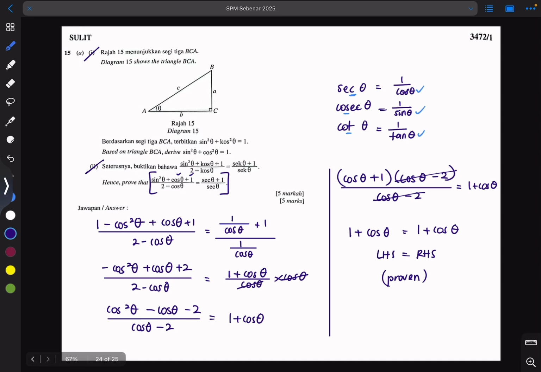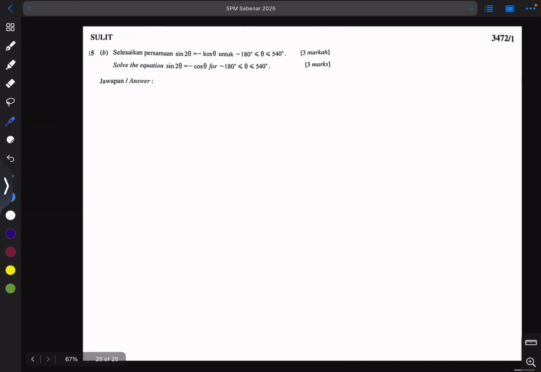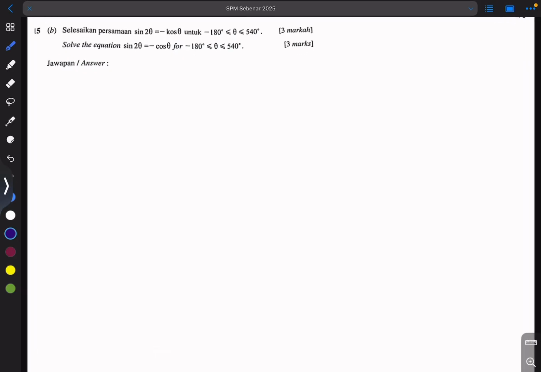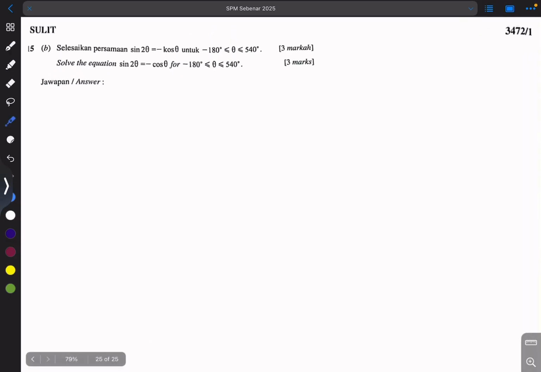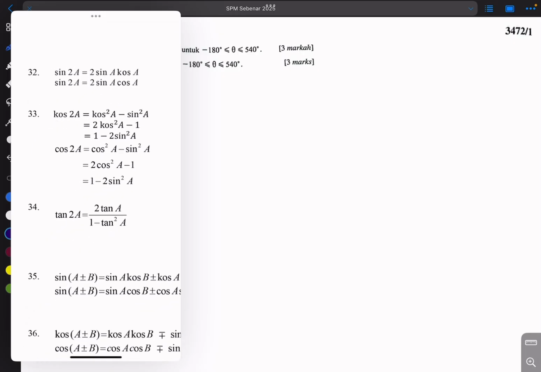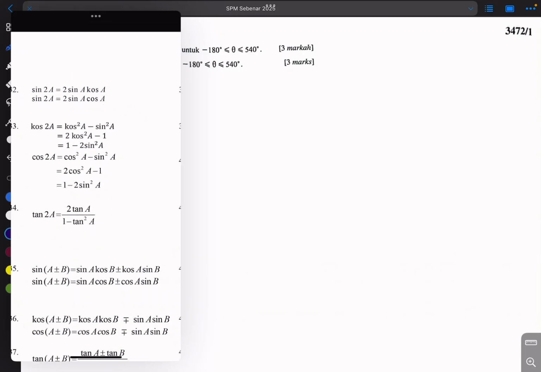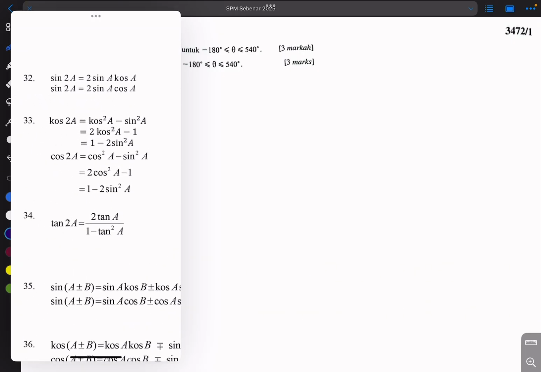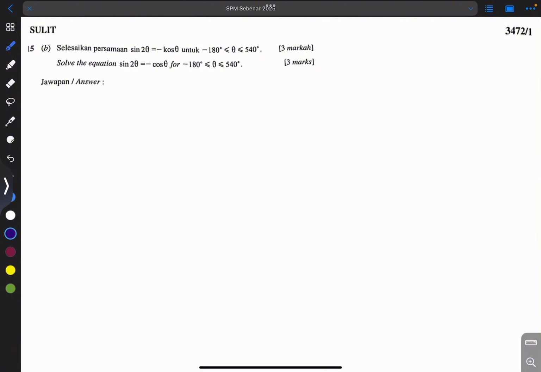Quite a difficult proving question, but we have to solve it one by one. Done. Okay, next one, last one. 15b. Solve the equation sine 2 theta is negative cos theta. Sine 2 theta, the formula is given in your formula sheet. Sine 2 theta is 2 sine A cos A. So we can say